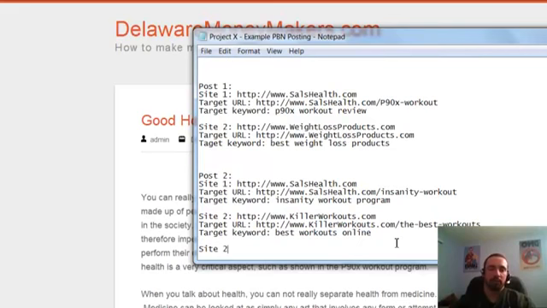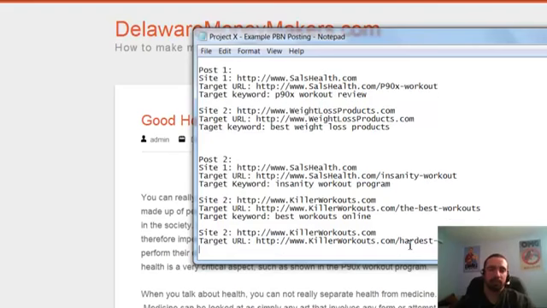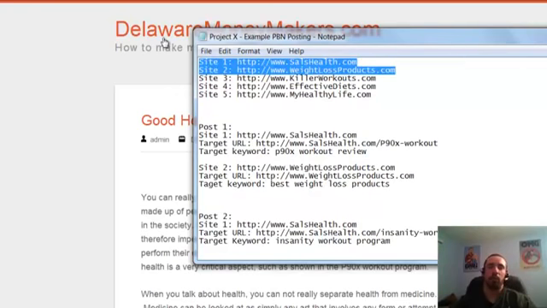Alright, and let's say I want another link to site 2. Hardest workouts. So in this particular post I have 3 money site links. Okay. So I think you guys get the point here where I mix up between the sites I link out to, the combination of sites. I'm not going to keep linking to site 1 and site 2 together over and over again. I'm going to mix it up.